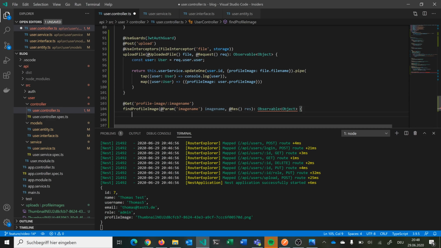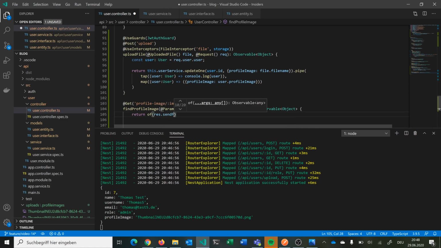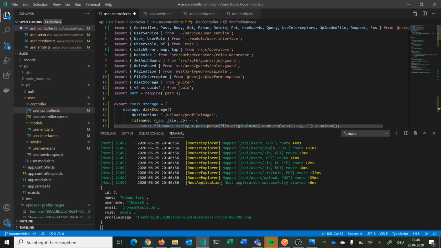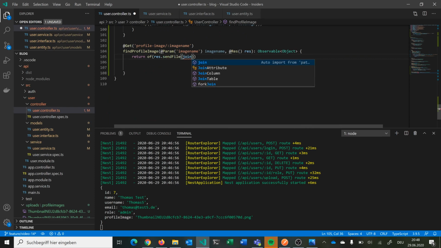And then we can just return an observable of, and we can say in our response object we want to send a file. I hope the import of the response object is from nest.js, yes. And there we join